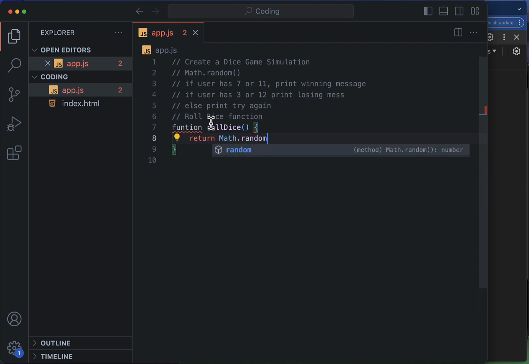Now Math.random returns a random number between 0 and 1. We want to multiply it by 6, so it will be something between 0 and 6,